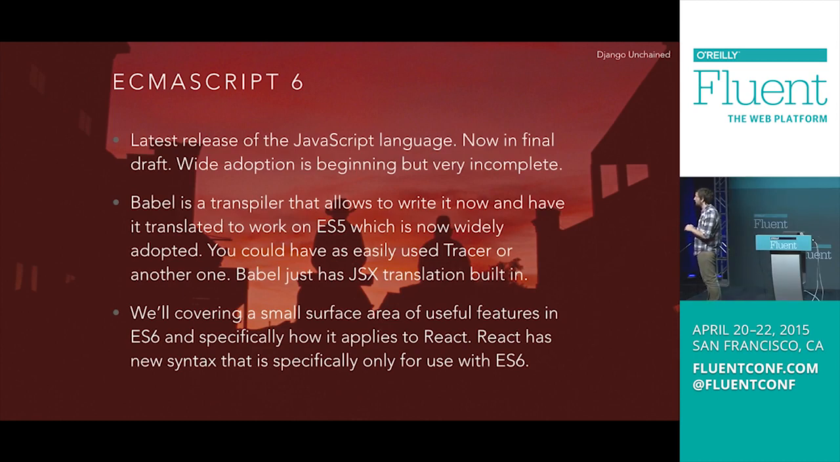It's really cool. It's just starting now to get a lot of adoption and implementation, but in the meantime, we have something called Babel. It's a transpiler that takes your ES6, your new syntax JavaScript, and transpiles it into something a little easier for the browser to understand, also known as ES5. And the cool thing is that Babel also